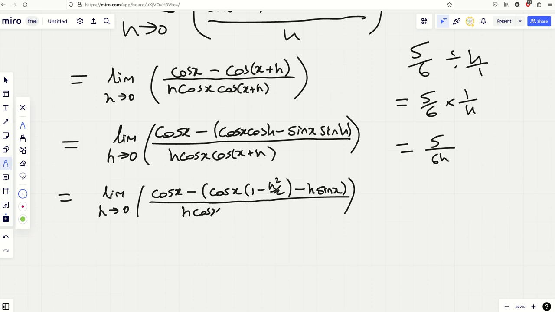Don't bother expanding the bottom. It will do you a favour, trust me, if you don't, yeah? Okay, so what have we got here? We've got a limit as h tends to 0 of, okay, well, after you expand those, you're going to have